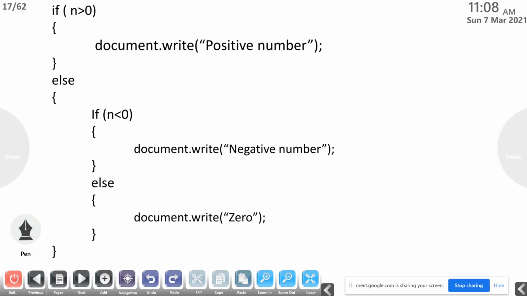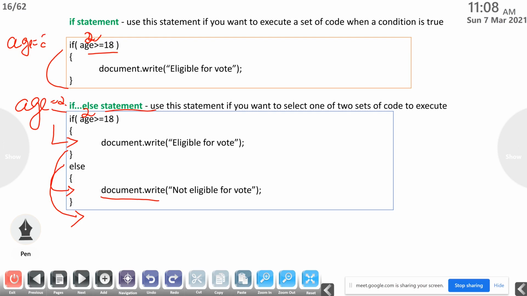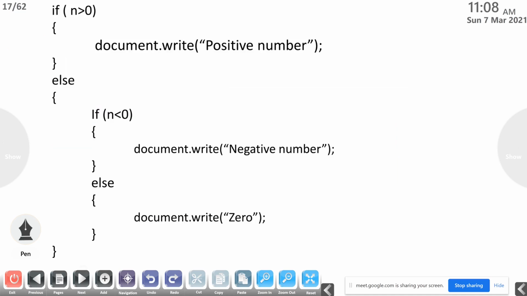Here is one example of another type. We can give as many ifs or elses inside one if or one else. If n greater than 0, then what will happen? Document.write positive number. Then in the else part, again we give another if statement.